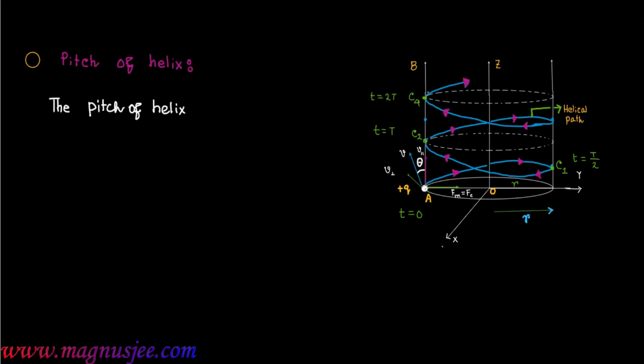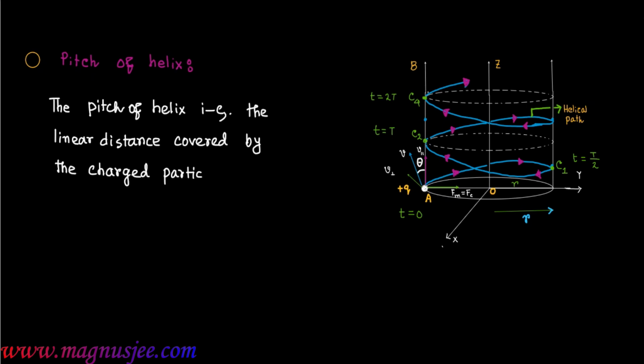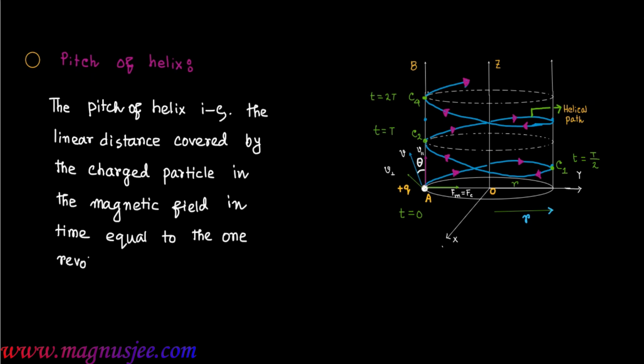The pitch of helix is the linear distance covered by the charged particle in the magnetic field in time equal to one revolution of its circular path, and is given by